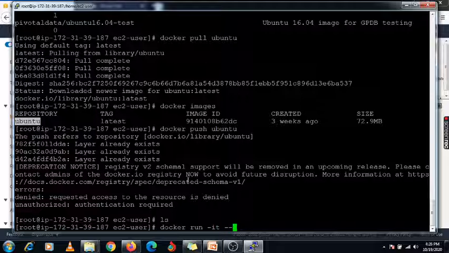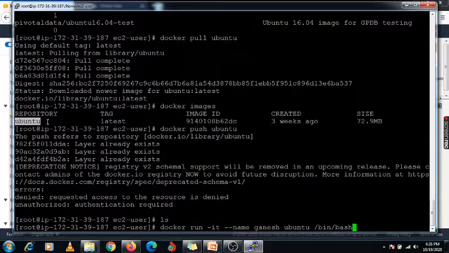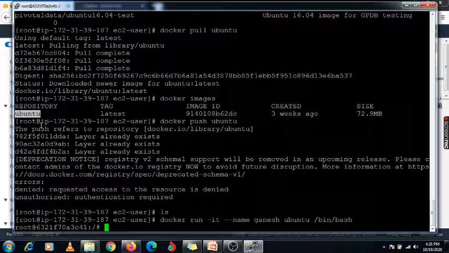Suppose I specify the name Ganesh. This is the name of my container, and which image you want to use? I want to use the Ubuntu image, so you need to specify the image name, then /bin/bash, and enter. Now this container is created using your Ubuntu image.